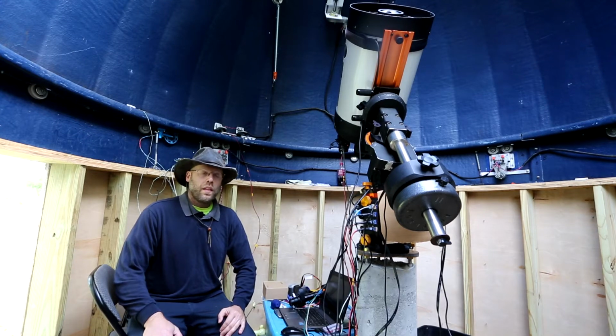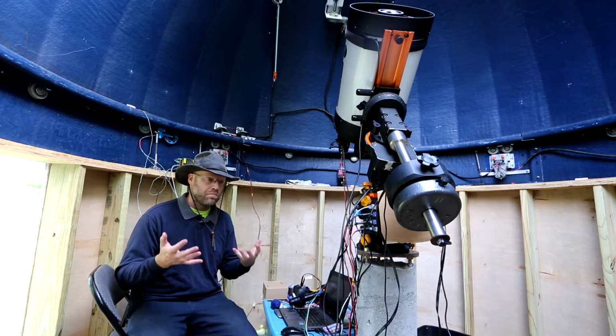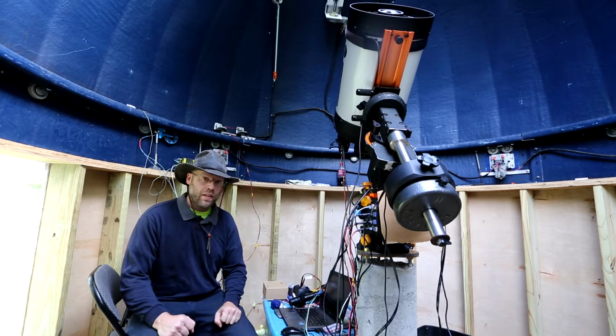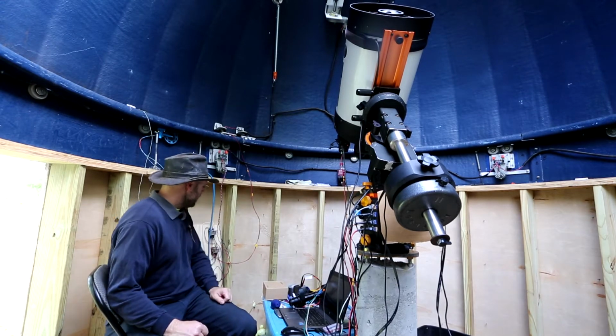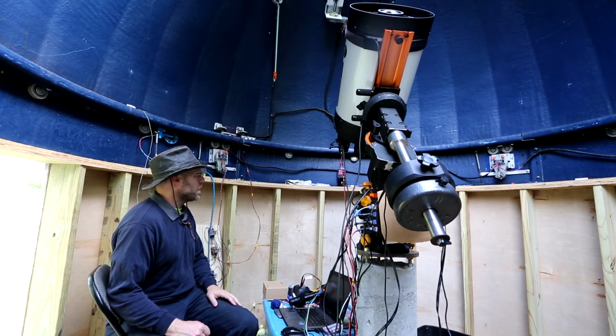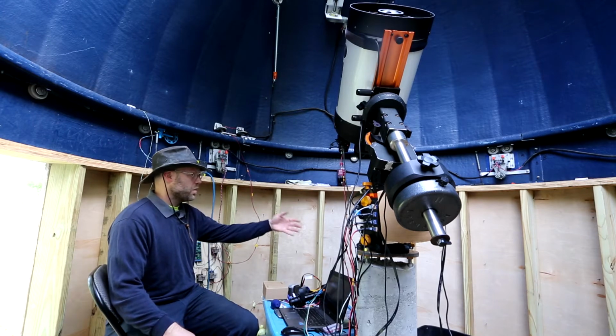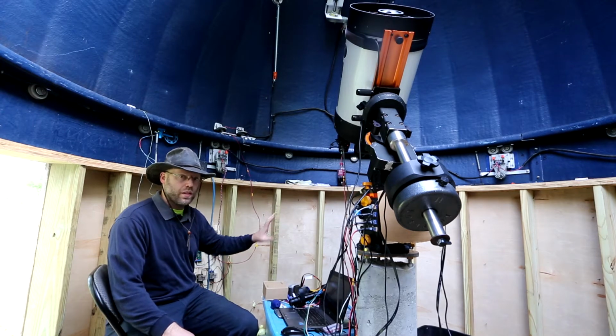All right, hello everybody. The observatory is a disaster. I am deep in the heart of automating it. I've been working on the Svbony net system, and it's completely working. It's completely functional. I'm going to do a little more testing, and then I'm going to start building the shelving and the enclosures and everything for all the